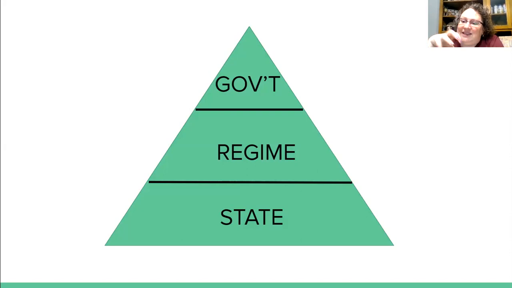And so the state, remember, is the United Kingdom. The regime would be a democracy. They are a democratic regime. They are a constitutional monarchy. Their regime is democracy. When we're thinking about regimes, our choices are democracies, authoritarian regimes. You can be a hybrid. You could be somewhere in between.